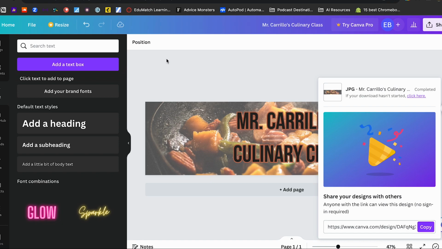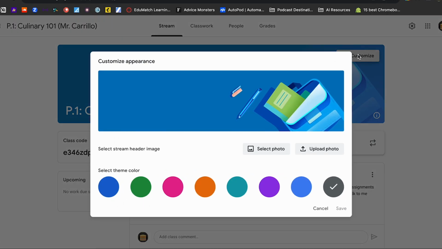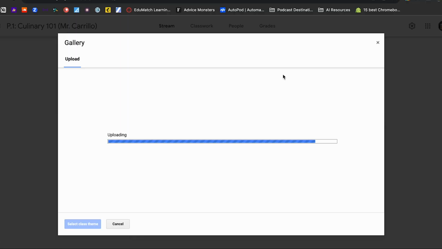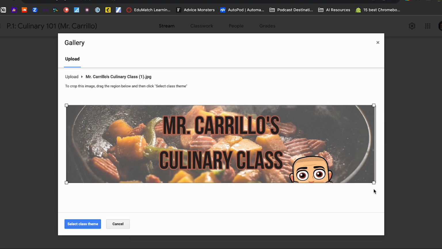So once I've downloaded it, I can then go back to my Google Classroom, and here's where the magic happens. We're going to go ahead and click on Customize, and from there we're going to choose Upload Photo. And the most difficult part of the entire process is remembering where your photo is. So let's kind of comb through here. I've uploaded my photo. Here it is, and you'll notice that it wants to kind of crop it, but we can grab the corner, extend it, and do the same thing here to the bottom right,